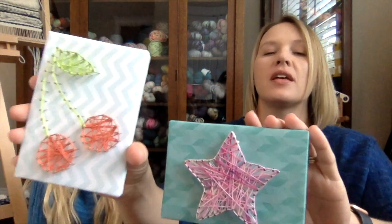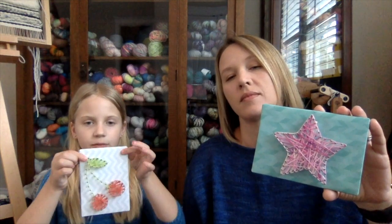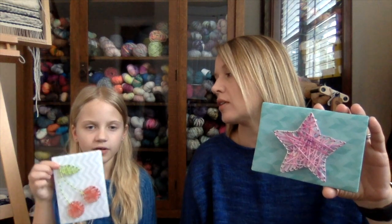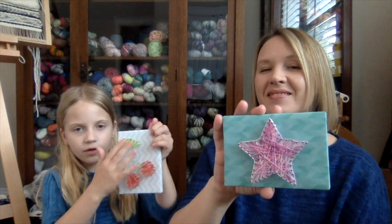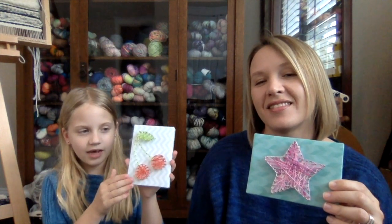You want me to hold yours a little closer? And so, you want to tell them how we did it? What was the first step? The first step was you take the little pins, and you take some drawing paper and put little dots on, not this paper, but a very thin piece of drawing paper. Tracing paper. Like tracing paper. Yeah. And we made little dots for the cherry and the star, so my mom did a star and I did a cherry, and we put it all together, and we stick the little needles into the drawing paper, and then we rip it off, and then it'll show the pattern that we picked. And mine is some zigzags, and my mom is